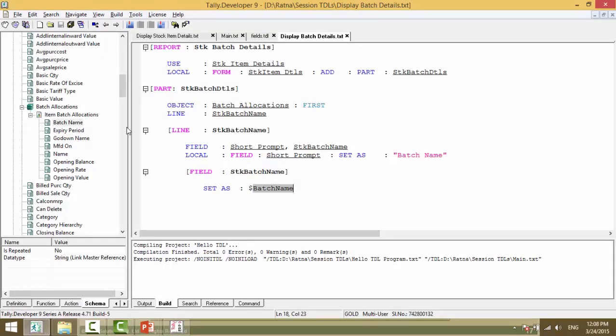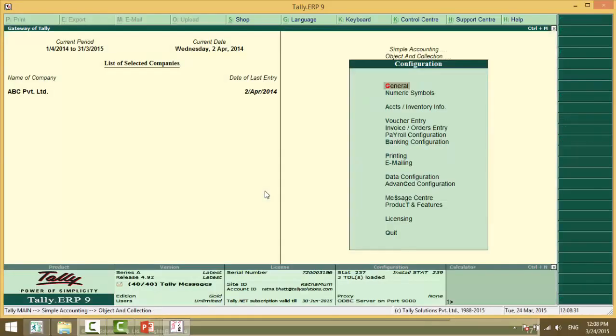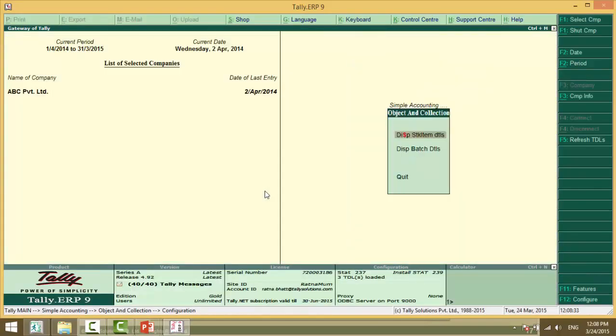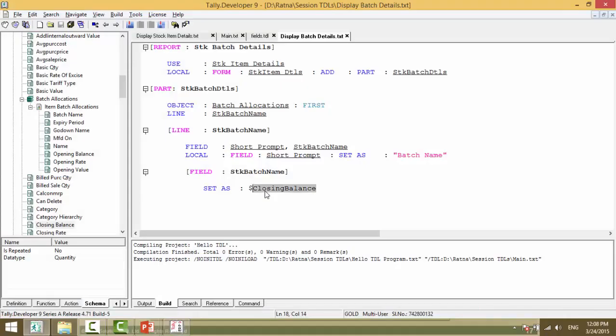Similarly, say if you want it for opening balance or for closing balance, you can say here itself, closing balance. F12, TDL, F4. Yeah, so you get the closing balance. Then you say